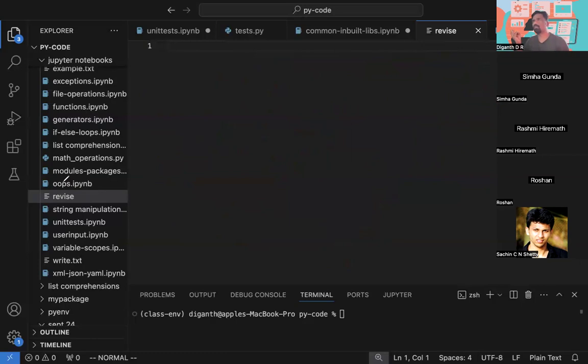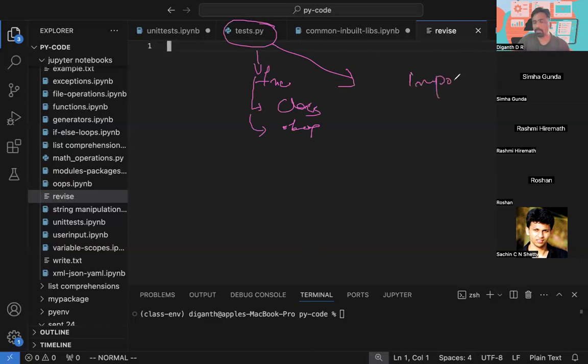Modules, just remember, a module is just a file within which we have functions. Additionally, if you have written classes, it will have classes and those objects. Whenever you want to import those modules, you use the import keyword, and I can use, say, tests without .py, and it starts executing from line number